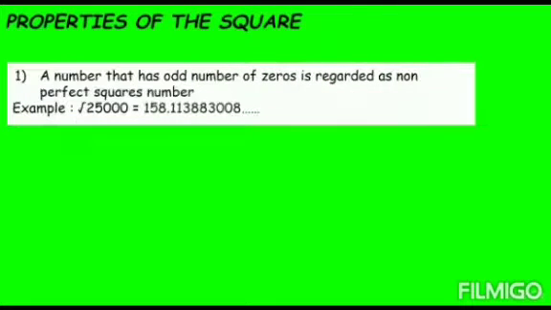Let's see some of the properties of squares. The first property is that a number that has an odd number of zeros is not a perfect square. For example, let's take 25,000. Its square root is